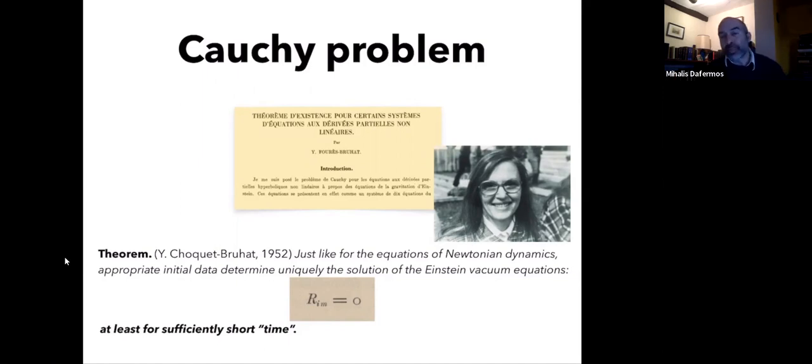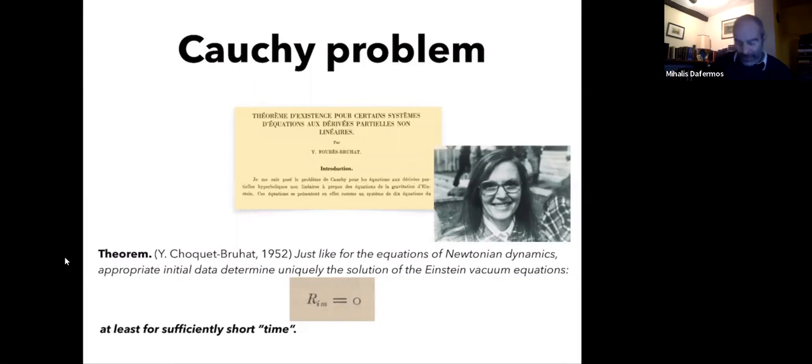Okay. So even though general relativity is a new, exciting, very modern theory, at the same time it is quintessentially classical, okay? In the sense that, just like in good old Newtonian dynamics, there's a notion of initial data, and initial data determine uniquely a solution of the equations, at least for short time. Okay, so what's the significance of this theorem? This theorem essentially tells us that we can understand general relativity dynamically, and we can ask dynamic questions. So in the rest of the talk, I will turn to the study of dynamical questions concerning